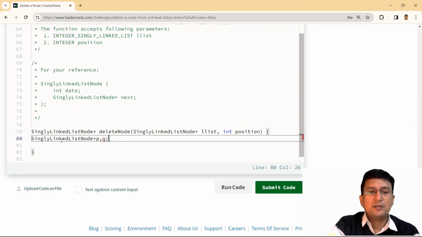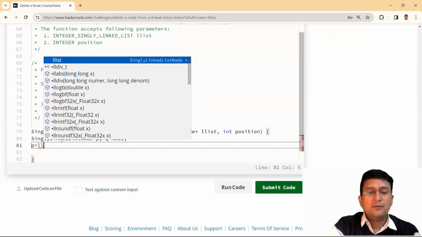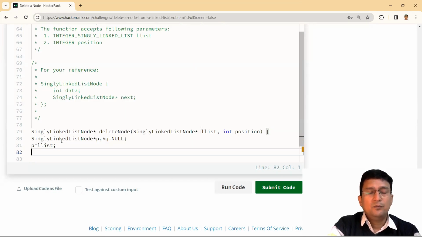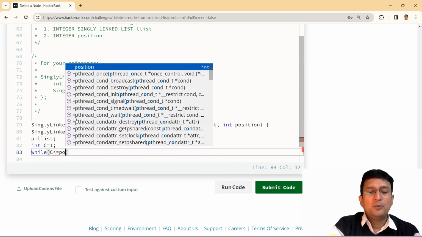I set q to null, and p takes the address of the first node. Now I take a counter, let's say 1, and while this counter is less than or equal to the position given,